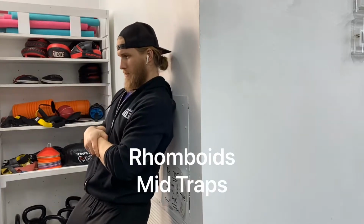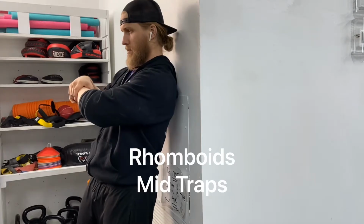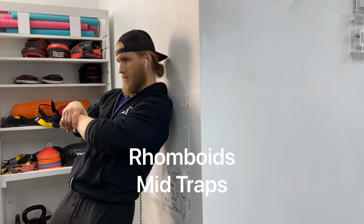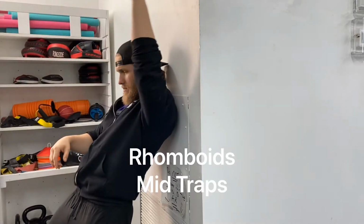Placing the ball between the shoulder blades, keeping the arms extended out in front so you feel more exposure of the rhomboids and mid traps. Be very gentle in this area as these are very sensitive muscles. You can move up and down, and you can also move your arm up and down to hit different areas